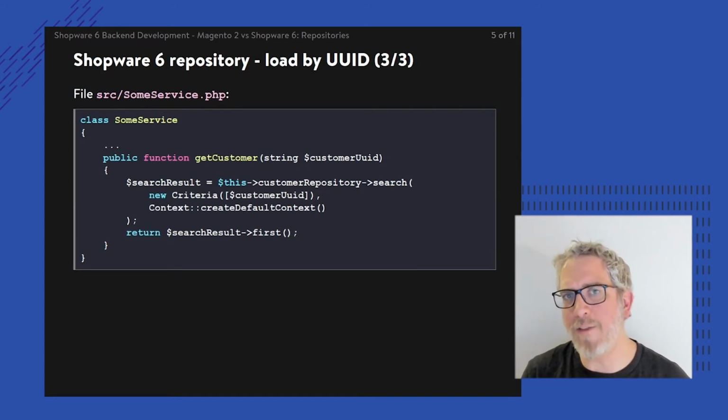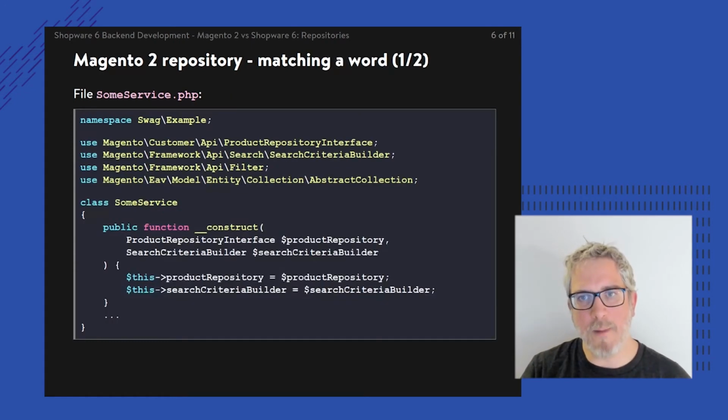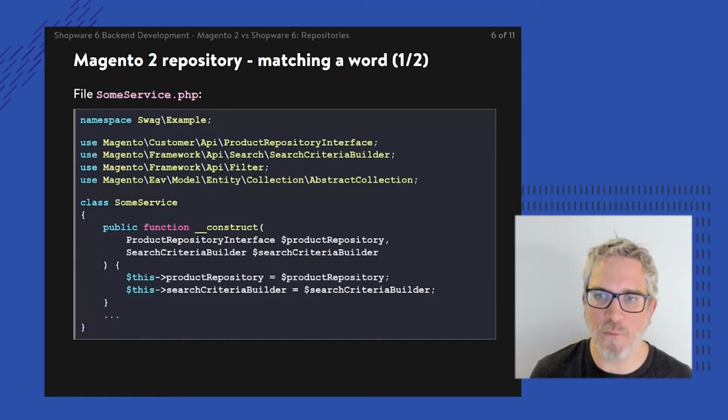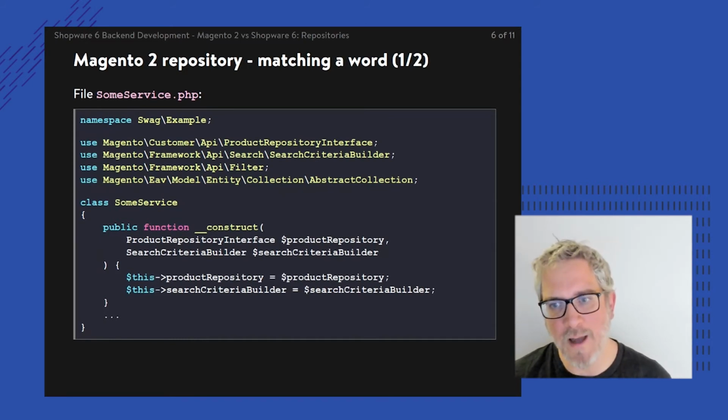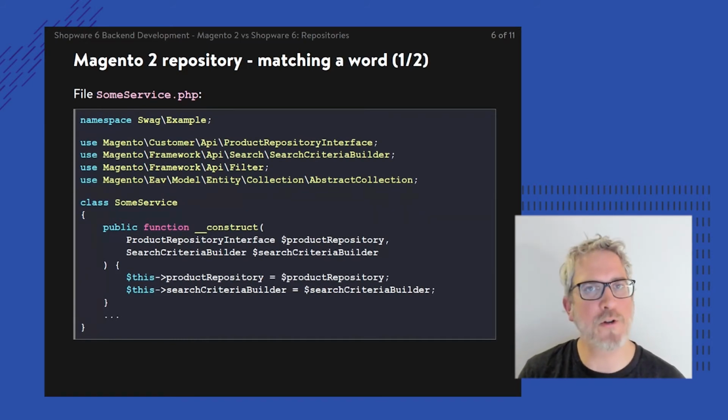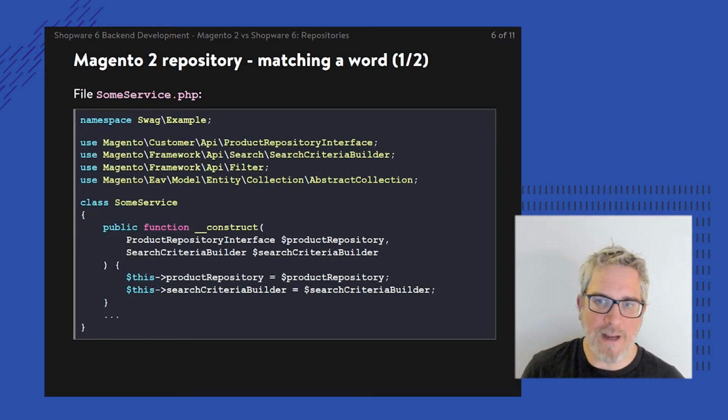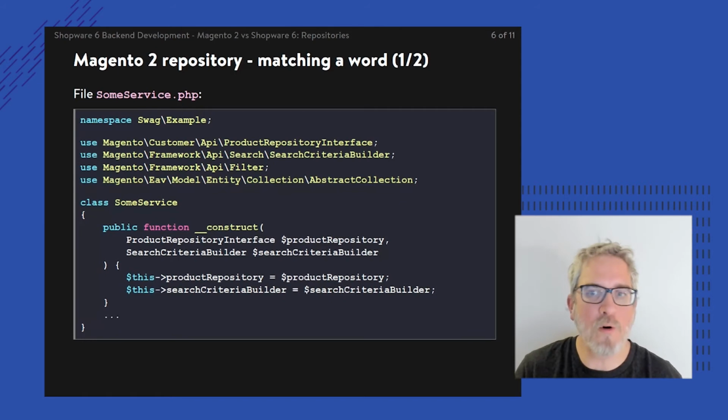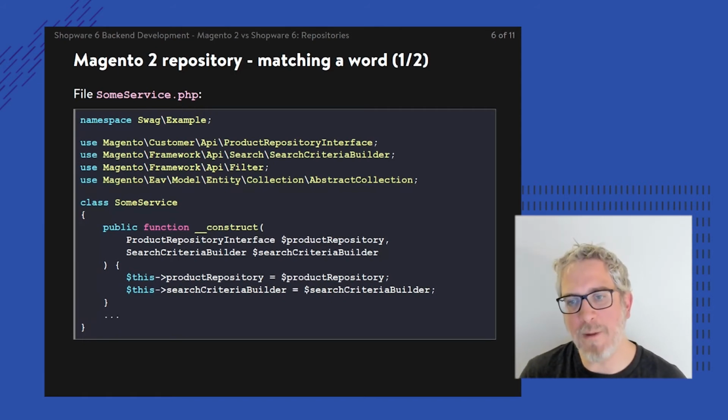But let's actually take a look at another scenario of loading multiple entities. In Magento, that's boiling down to the usage of the getList method in the repository, which also requires another thing called the search criteria builder. So back to the original Magento example, I'm now expanding upon that same PHP constructor by now injecting, well, it's another example, no longer a customer repository, but I'm now injecting a product repository. And then on top of it, I'm also injecting this thing called the search criteria builder.